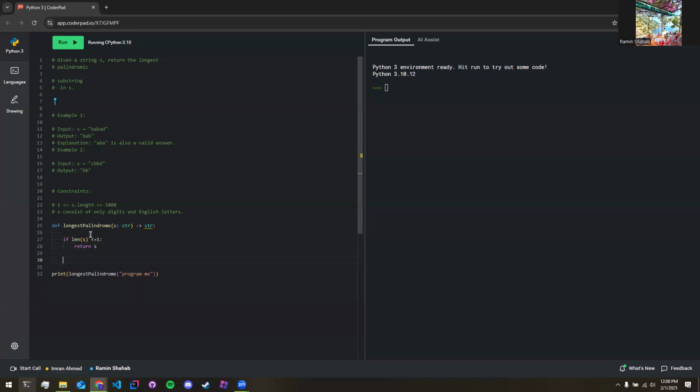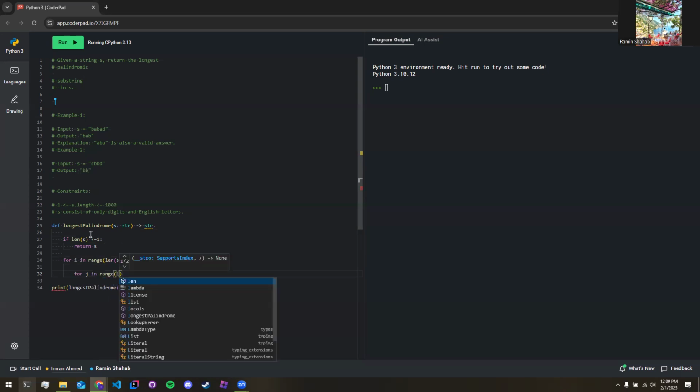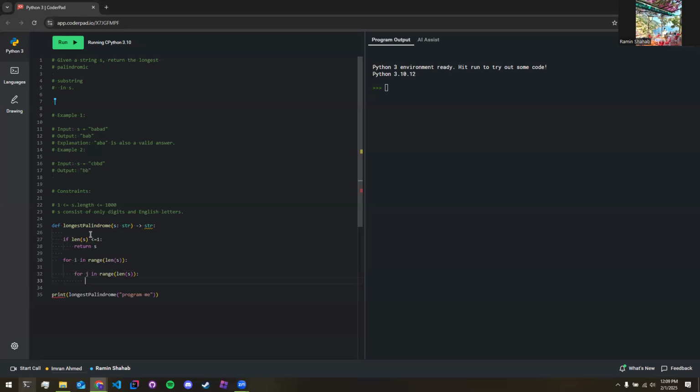And now from here, I'll do my, so from here, we're going to be looking at the length. So this is the first loop, looking at one character. We need another loop to look at the next characters. So let's see from here. Now, what my issue here is that